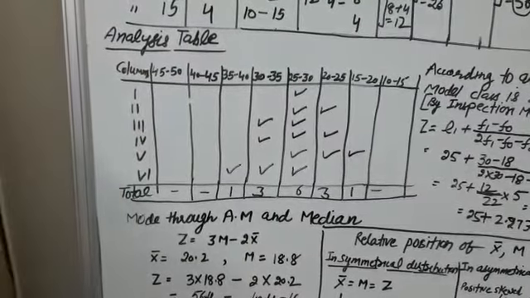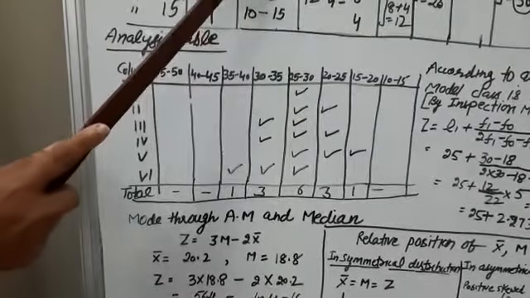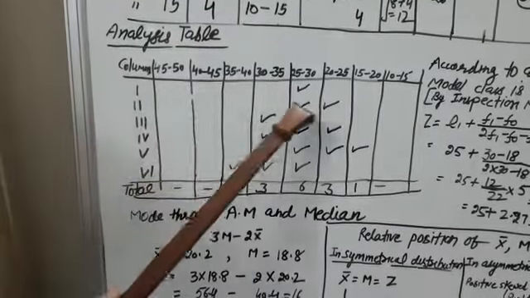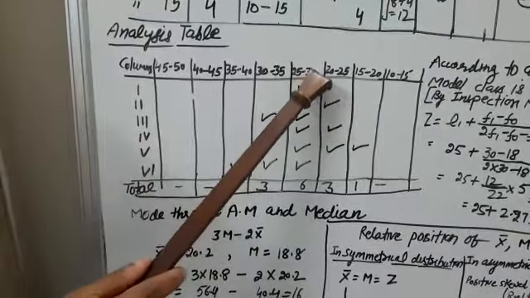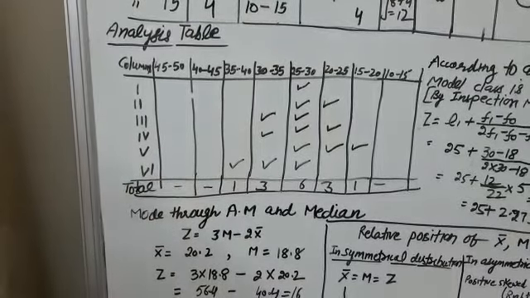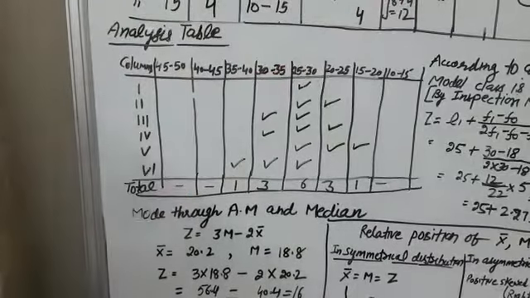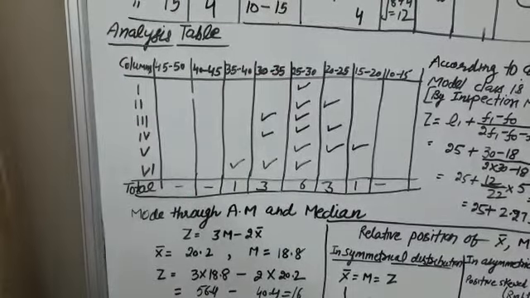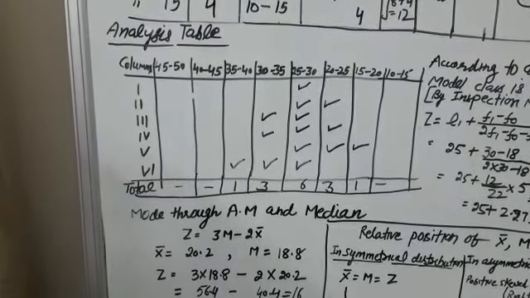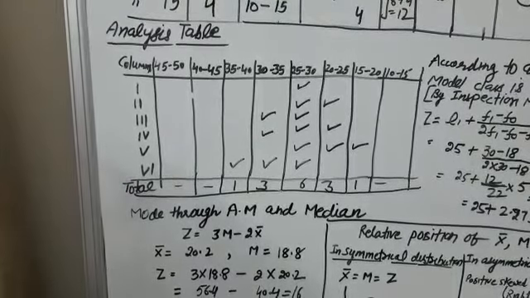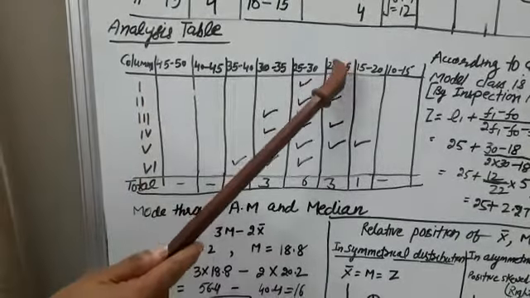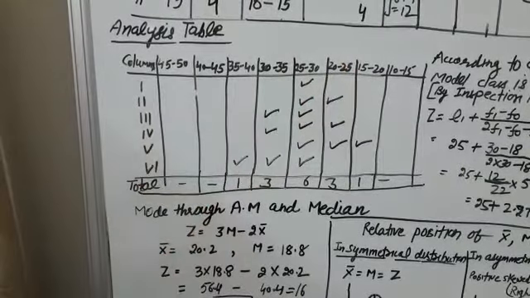The class interval corresponding to 30 is 25 to 30. So here in the first row we will tick mark against the 25 to 30 class interval. Then in the second case, 48 is the highest value, which is the sum total of 30 plus 18. Corresponding class intervals are 25 to 30 and 20 to 25. So in the second case we will tick mark here 20 to 25 and 25 to 30.